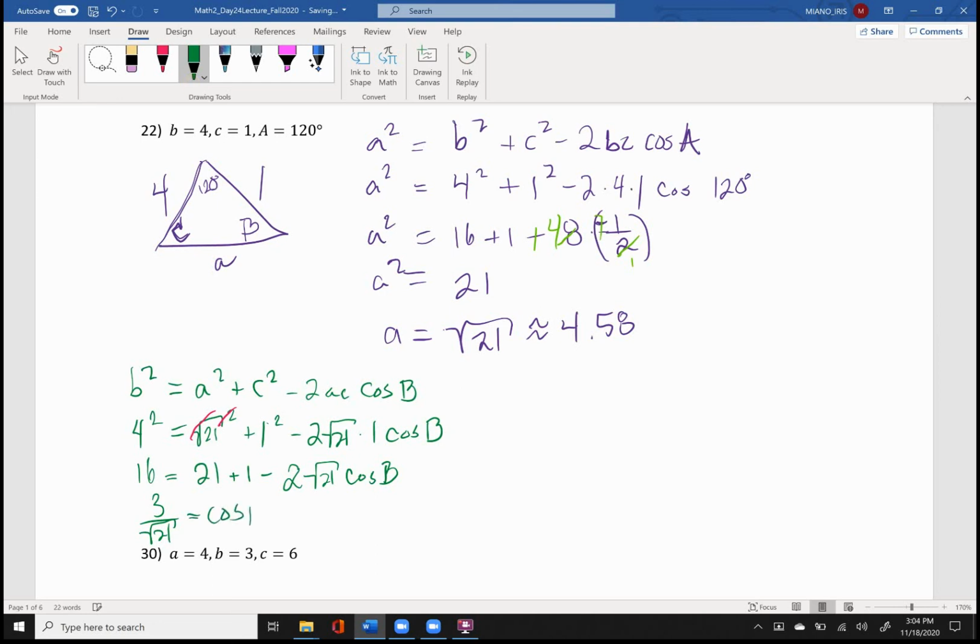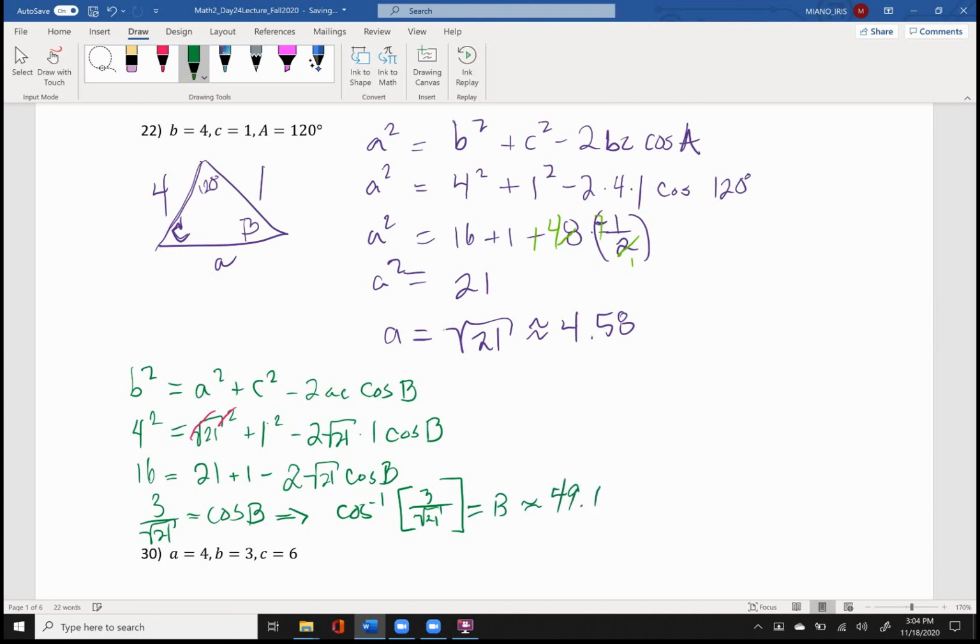And I know what you're thinking. You're probably like, oh my god, we need to rationalize this denominator. Go ahead and just cosine inverse this bad boy. And you're going to get cosine inverse of 3 over root 21. And put that in your calculator. I promise your calculator is not going to mind that you have a radical in the denominator. And you should get that equals, obviously that equals B, which is approximately